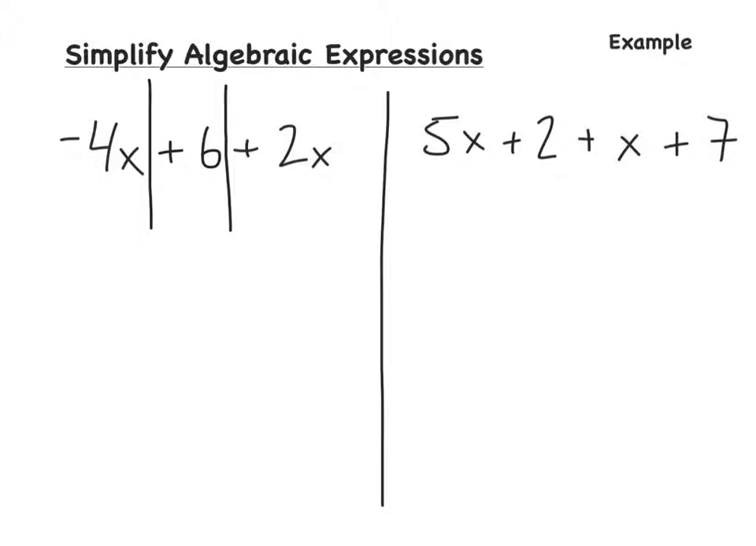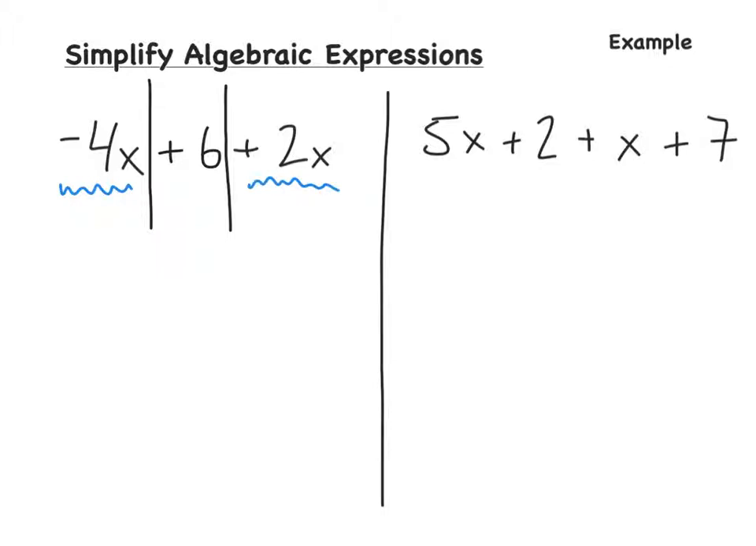So this shows that this is a negative 4x. I can think of this as a plus 6 or a positive 6, and I can think of this as a plus 2x or a positive 2x. So we're going to simplify algebraic expressions. By that, we are going to combine like terms. So the first one, we have a like term of a negative 4x